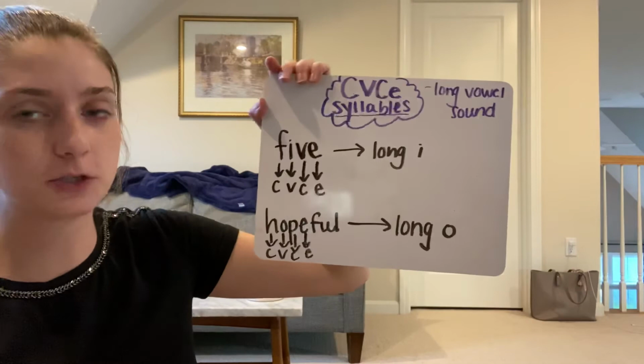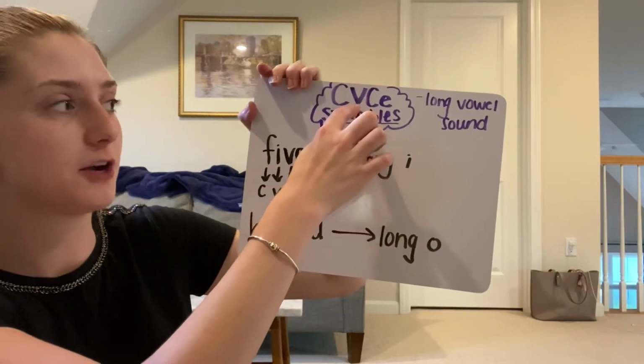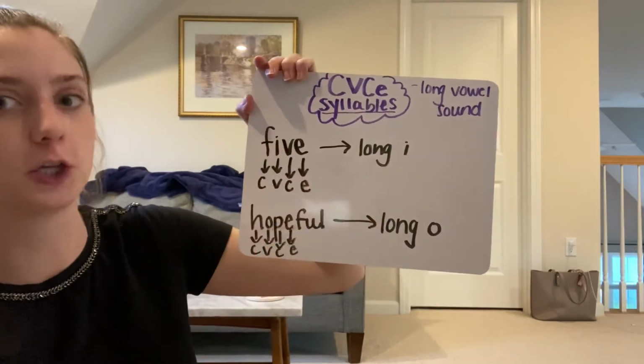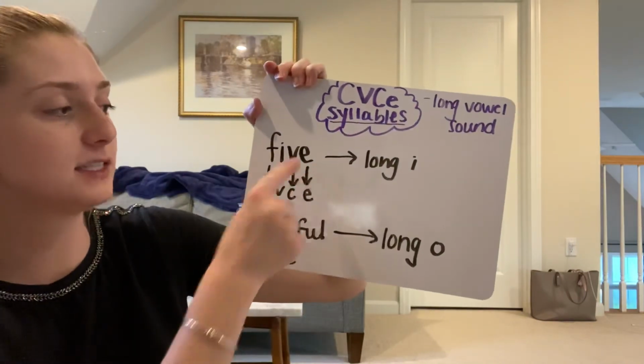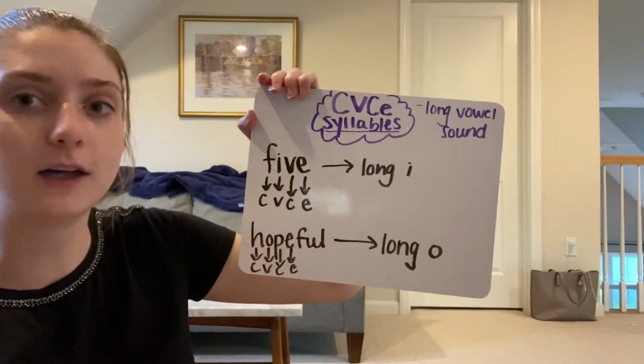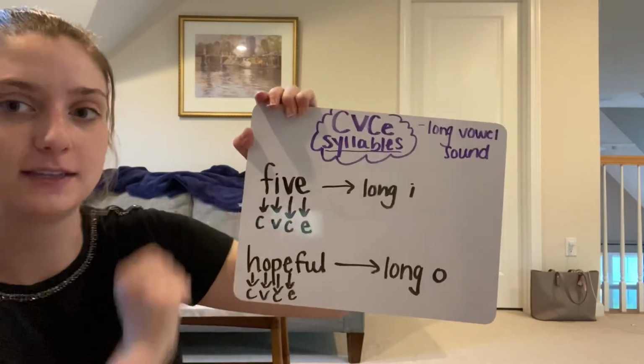So we're going to work on this throughout the week. I know it could be a little bit tricky, but what you're really looking for is a pattern. Does this match the word you're looking at? Does it have consonant, vowel, consonant, E? And if it does, that means that the vowel is going to make a long sound. So five says five instead of having a short I sound. So it's going to help us because if you come across an unfamiliar word and you're not sure how to pronounce it, how to say it, if it matches this pattern and you know that pattern in your head, you'll know how to pronounce it without having to ask anybody for help. So we're going to work on this this week.